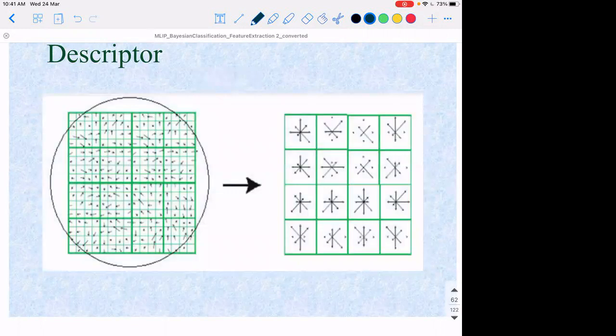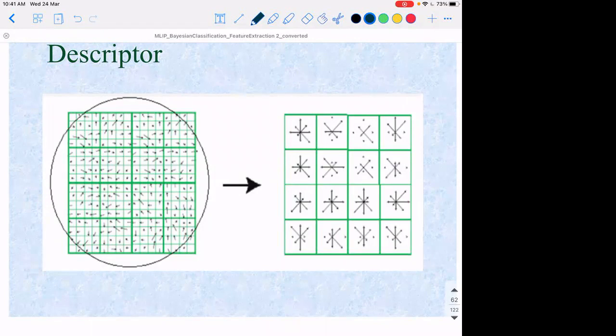We find the local histograms: a given image may be divided into patches, and each patch may also be divided into cells. In each cell we find a histogram of orientation gradients. You just find the histogram for, say, a 4x4 region, and that is the first block. The second 4x4 region is the second block, and so on. This gives the feature vector for each patch in the image. And for the whole image, I concatenate all these feature vectors to get a feature vector for the whole image.